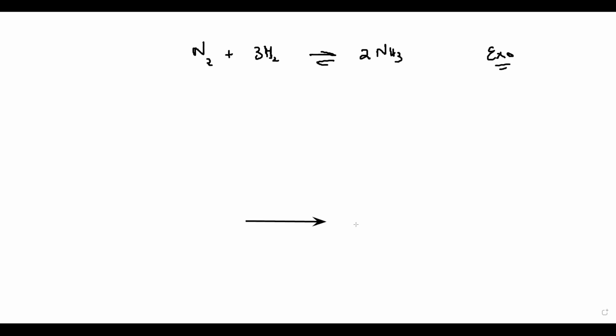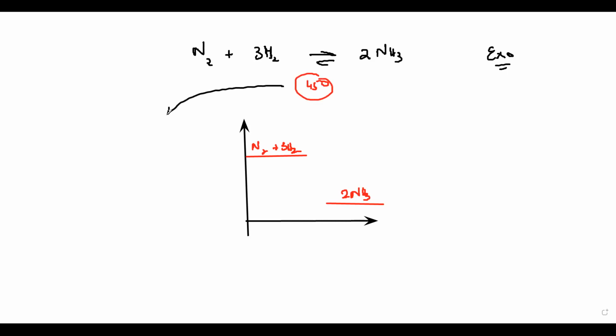What will be the effect of temperature if the reaction is reversible and we change the temperature? Two things can happen: we can increase the temperature or we can decrease it. If the reaction is exothermic, reactants have more energy and the product particles have less energy. This reaction occurs at around 450, but what if the temperature is more or less than 450? If we decrease the temperature,